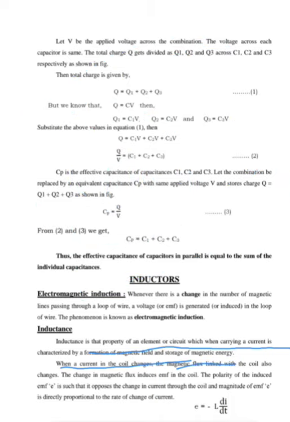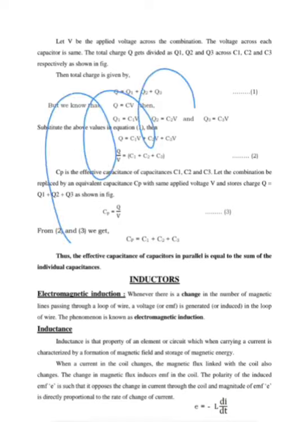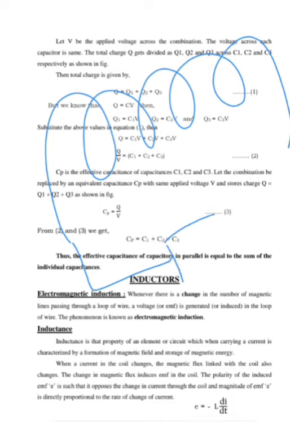So when we talk about resistors, we say it is the property of a conductor to oppose the flow of current. Similarly, inductance is a property of an element or a circuit which, when carrying a current, forms a magnetic field and stores that magnetic energy. So let us see how that happens. When a current in a coil changes, so I am having a coil like this. So here, as soon as this is connected to an external source,